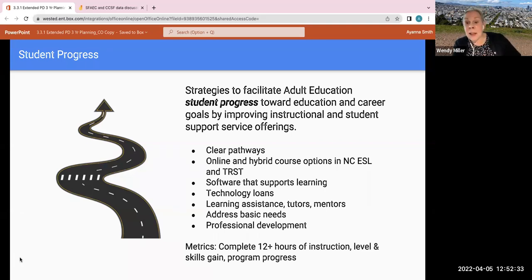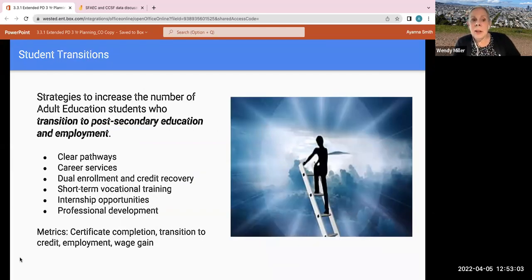And lastly, professional development for everybody who wants it. In things that improve teaching and learning, things that improve diversity, equity, and inclusion, or other, let's say, discipline-specific things that faculty and others need to do it. And of course, we've got our metrics down there. Next slide, please. And lastly, we want to increase the number of adult ed students who transition to post-secondary education